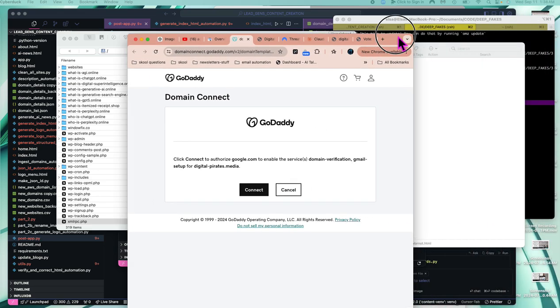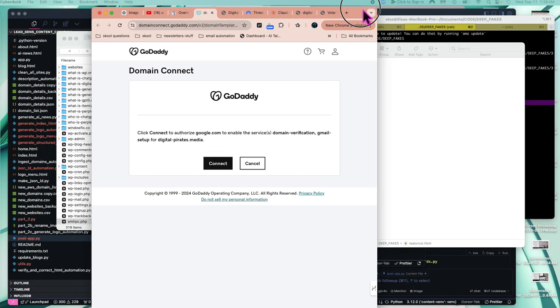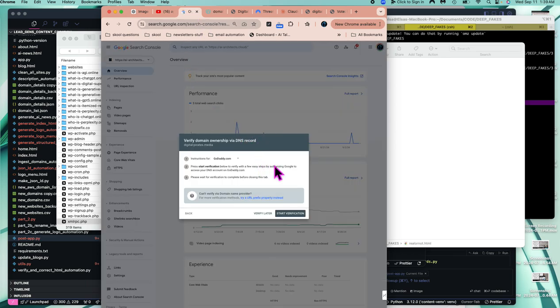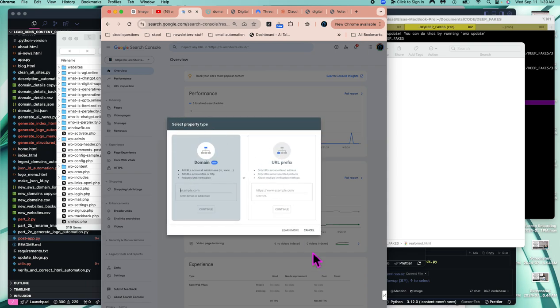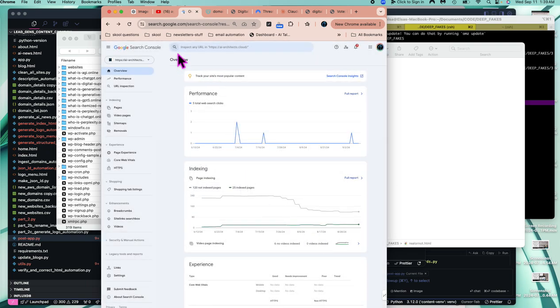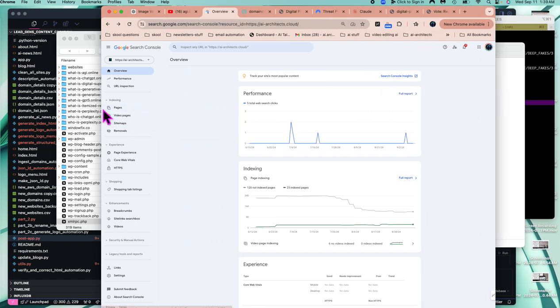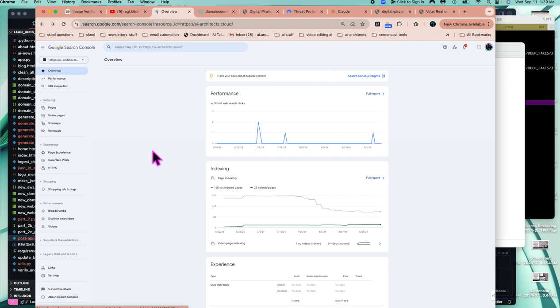We are making sure that we're able to track how many clicks we're getting using social media. We're connecting through GoDaddy, and this is the Google Search Console. Maybe I can start over so that it's easier for people to see. All right, so I'm in Google Search Console, and in the background, I'm uploading a lot of these websites. There's probably an easier way to automate this, but I want to make sure that I'm starting to track